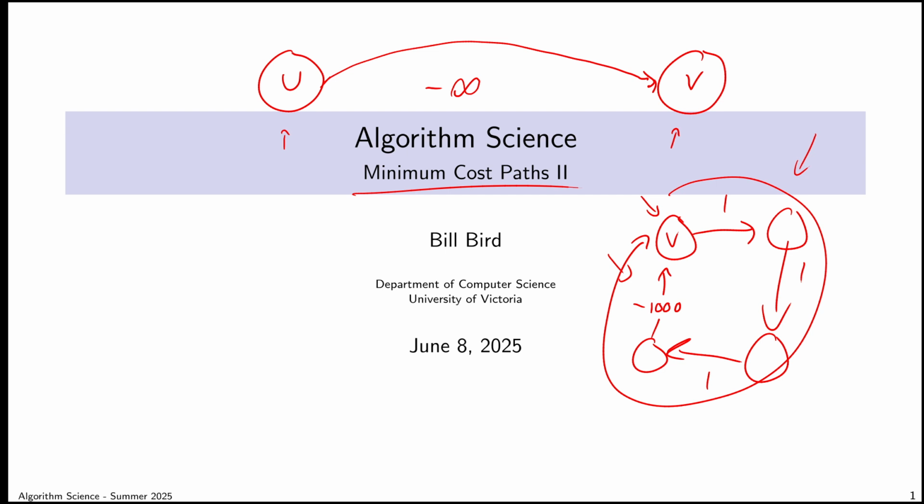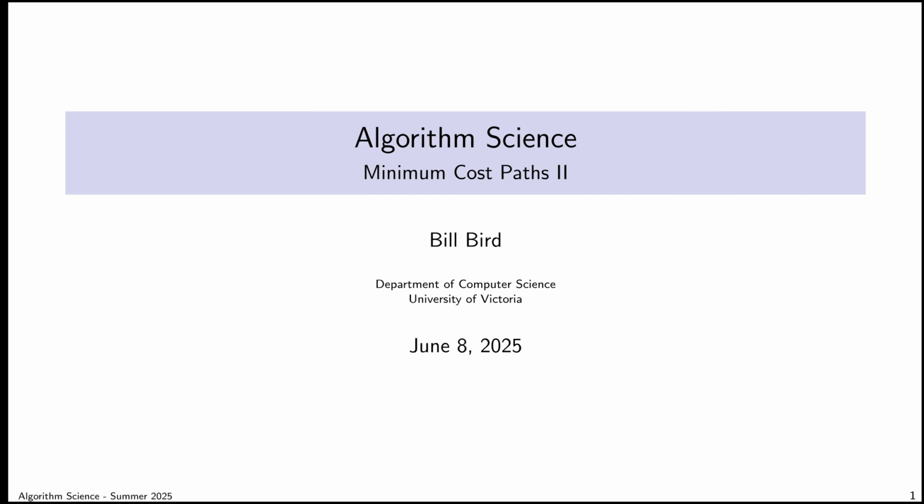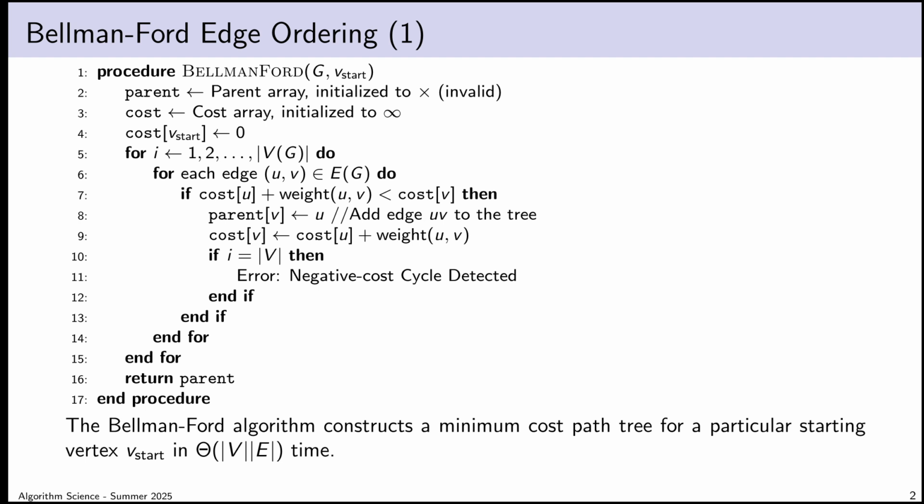Okay, and then during the last lecture, the other main objective we had was to derive and prove the correctness of an algorithm to compute minimum cost paths. And we did that producing something that is called the Bellman-Ford algorithm. And the formulation that we ended up with at the end of the last lecture was pretty convenient for showing the running time. So we were able to figure out that this outer loop, we could restrict it to always run for size of v iterations.